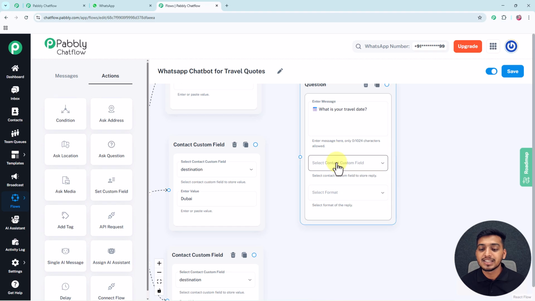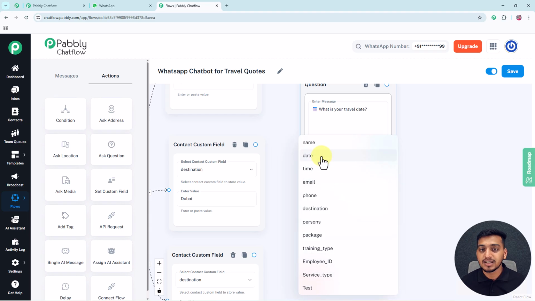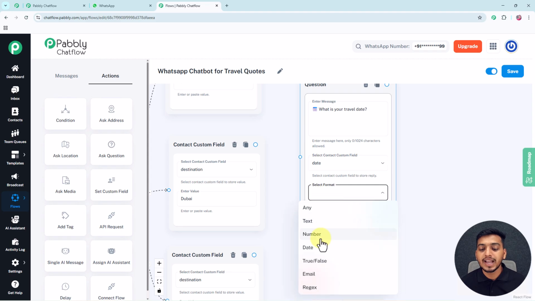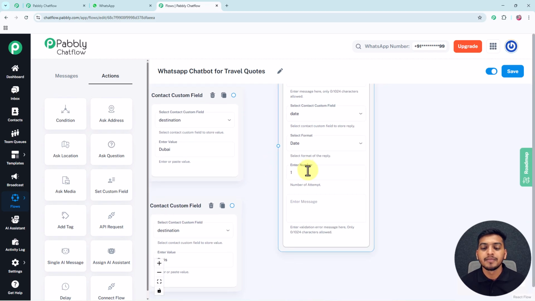And inside this select contact custom field drop down, I will select this particular contact custom field date which I have created to store the answer date by my customer. And inside this format, I will select this date as format in which I want my customer to reply me. And inside this number of attempt box, you can see this 1 is added as a number. So as I want to give only 1 attempt to my customer, that's why I have entered 1. And if you want to increase attempts for your customer, then you can increase attempts by typing the number manually